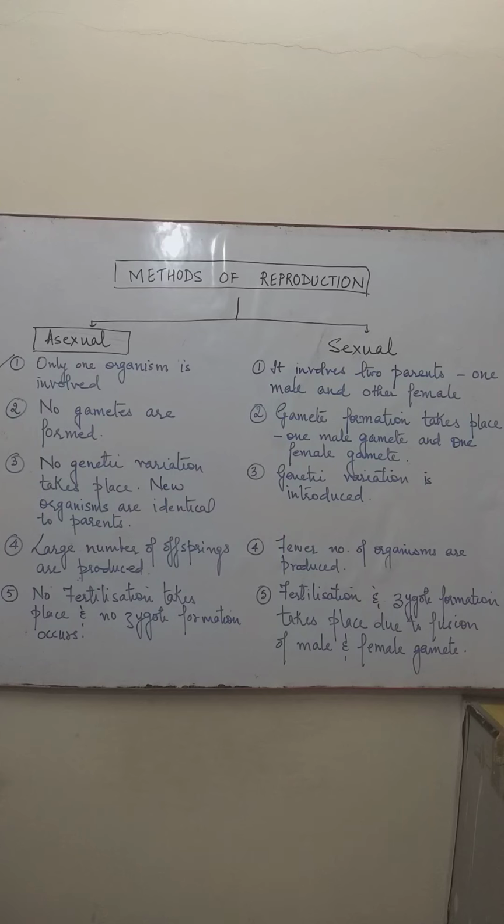That means there are no males or females in this case, and only one organism takes part in the entire process of reproduction and is the parent of the offspring produced. Sexual reproduction, on the other hand, involves